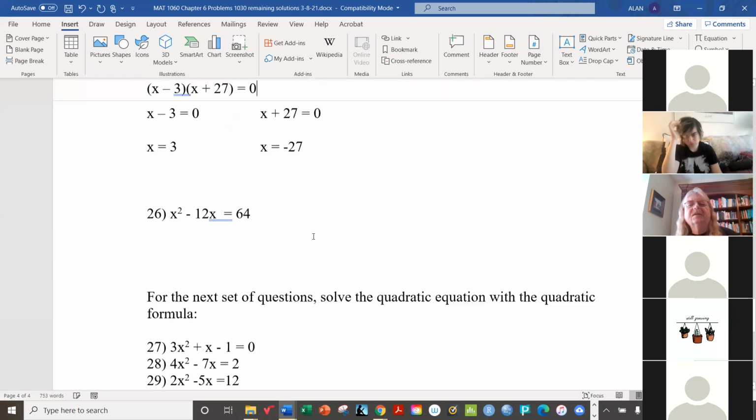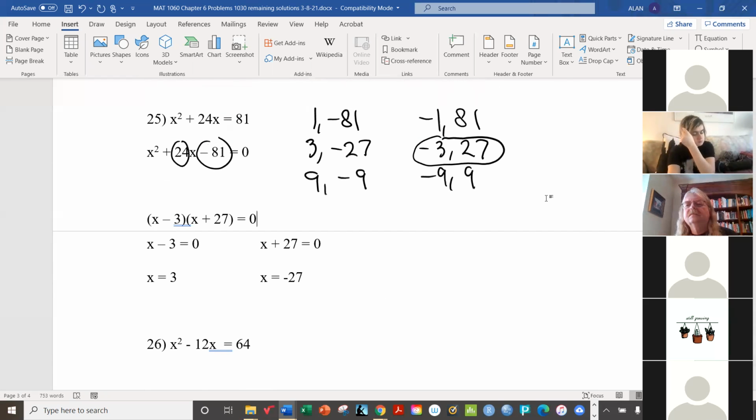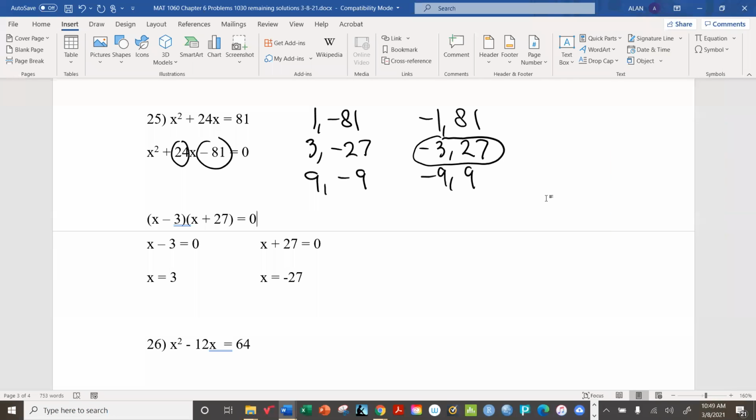All right, just leave that there for a second so you can catch up. Can everyone see it? Pretty much. Good, good. All right, and then there's one more, and then we'll be done with this one. Well, actually, no, we still have a bunch of quadratic formulas to do. Woo-hoo. That should be fun.